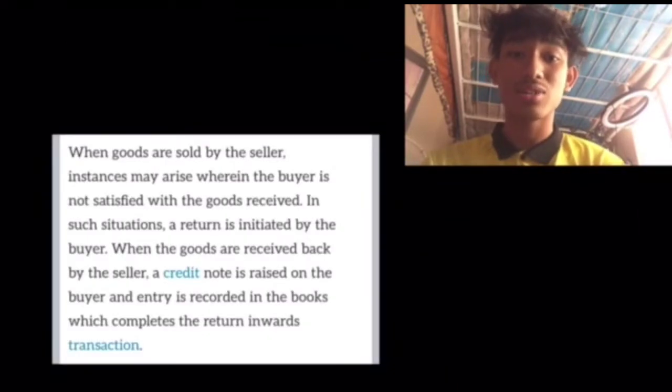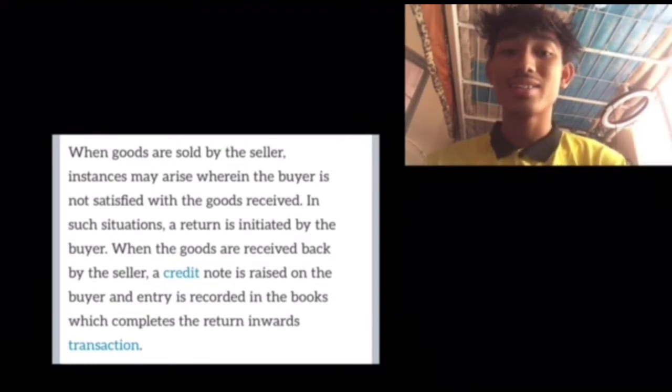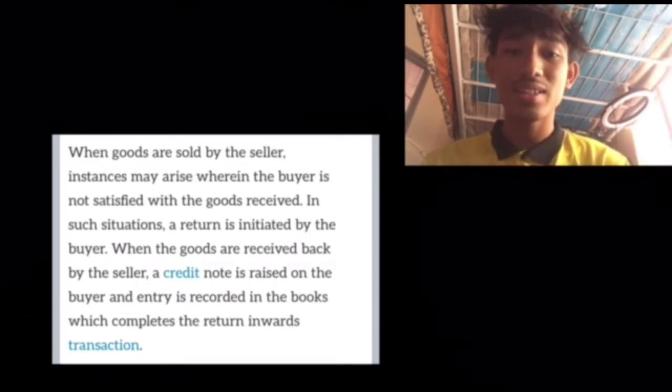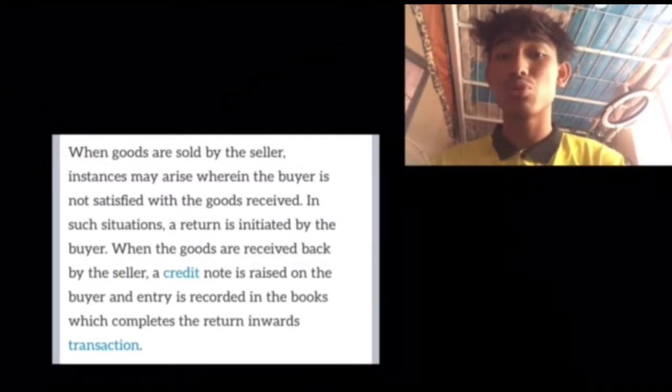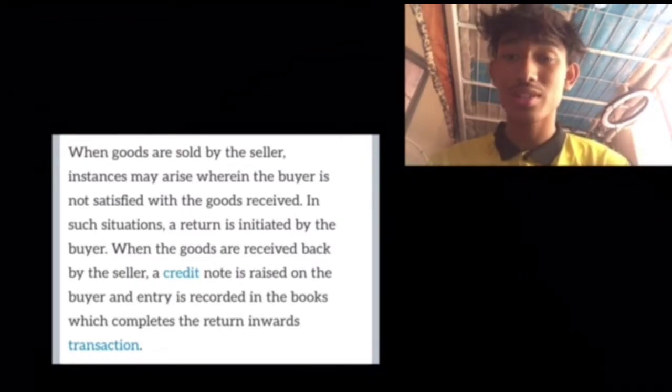When goods are sold by the seller, instances may arise wherein the buyer is not satisfied with the goods received. In such situations, a return is initiated by the buyer. When the goods are received back by the seller, a credit note is raised on the buyer and an entry is recorded in the books, which completes the written inwards transaction. An example for written inward is